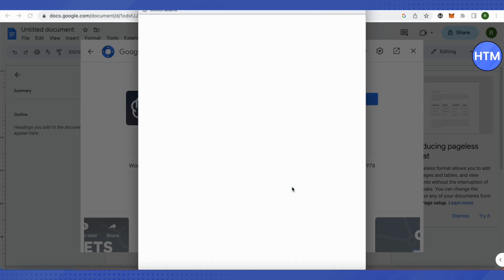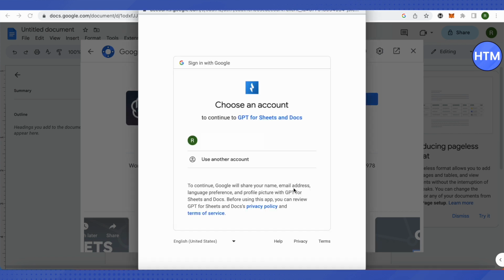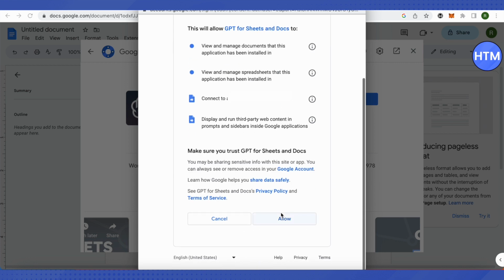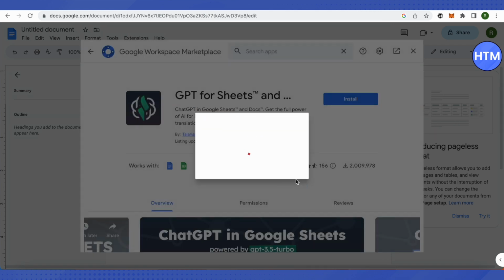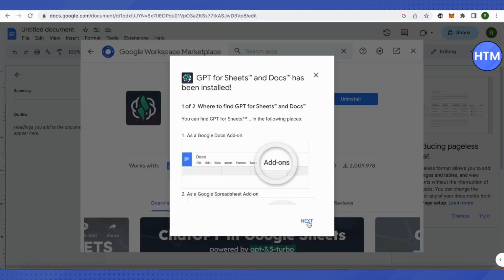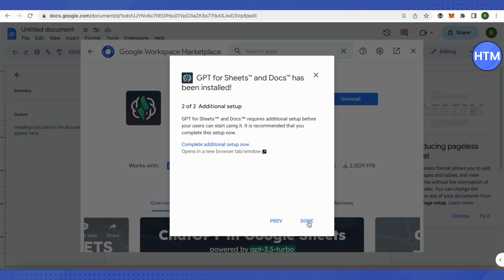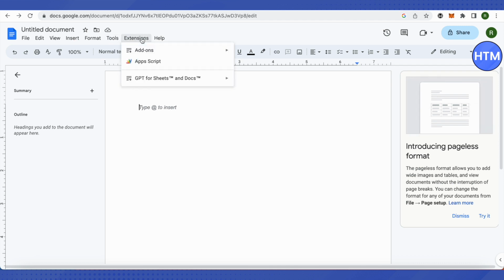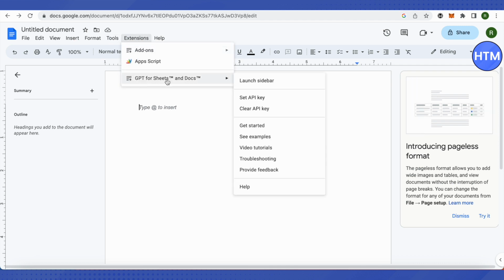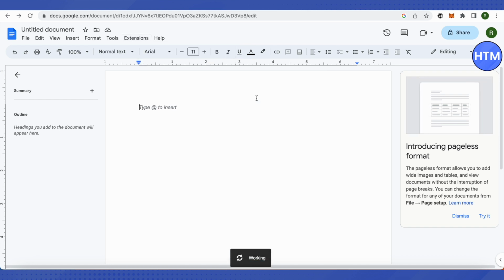It will ask for certain permissions, then you need to give some permissions and it will be running quite fine. After giving permissions, it will be installed, and when you click on this option of extensions again, you will be able to see this option of GPT for Sheets. Here you will find this option of set API key. Just click on it,